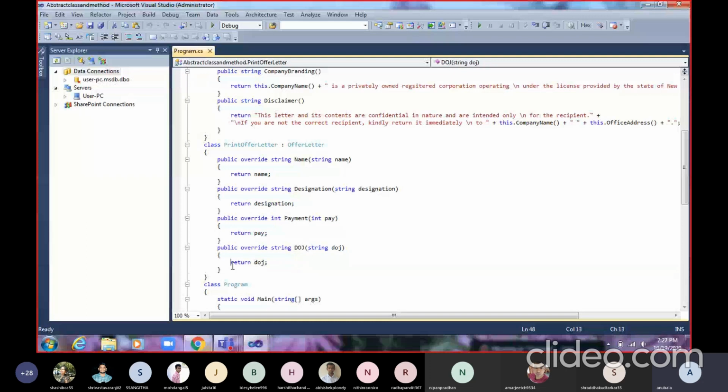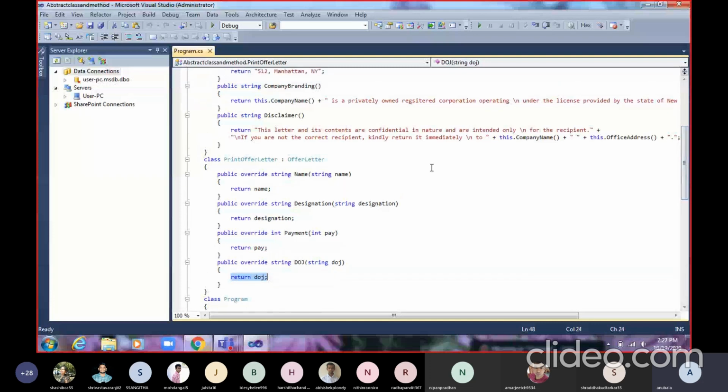So what I have done till now is create one abstract class having abstract methods, whose implementation we can see here: one to return name, another to return designation, to return pay, and to return date of joining.